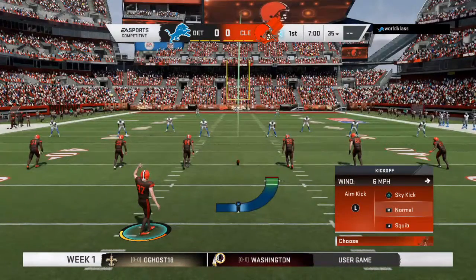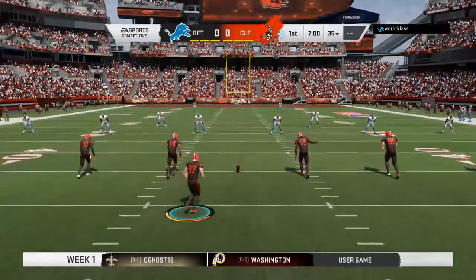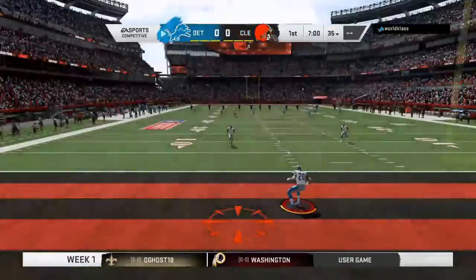These folks are fired up as their guys are ready to do battle between the Detroit Lions and the Cleveland